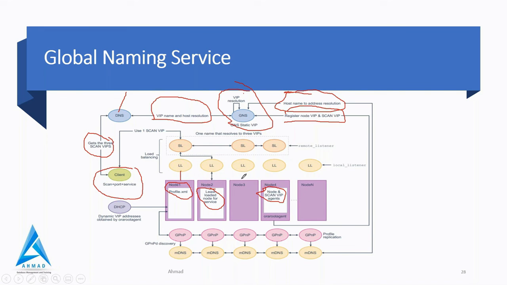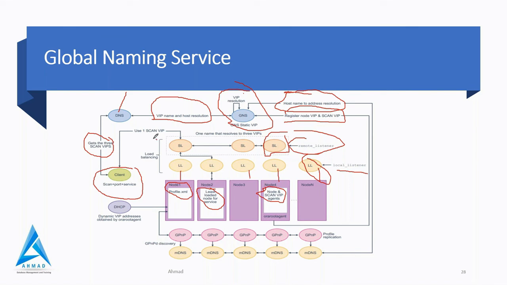So every node has a local listener, LL. So this is the local listener. How is it configured? The local_listener parameter. And every node has a SCAN listener. For the SCAN listener, we require remote_listener. So there are two things: local_listener and remote_listener. remote_listener will tell you about the SCAN listener, and local_listener will tell you the local listener.